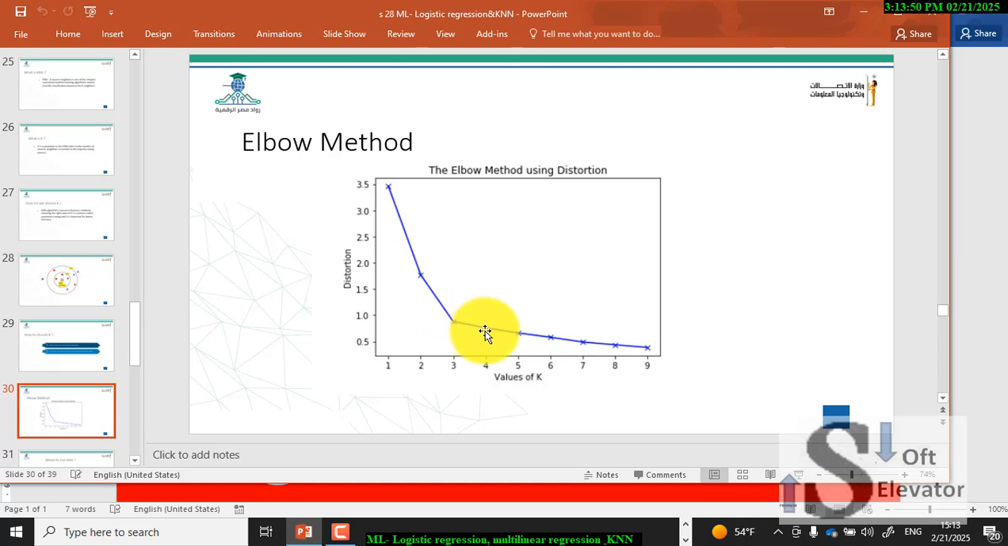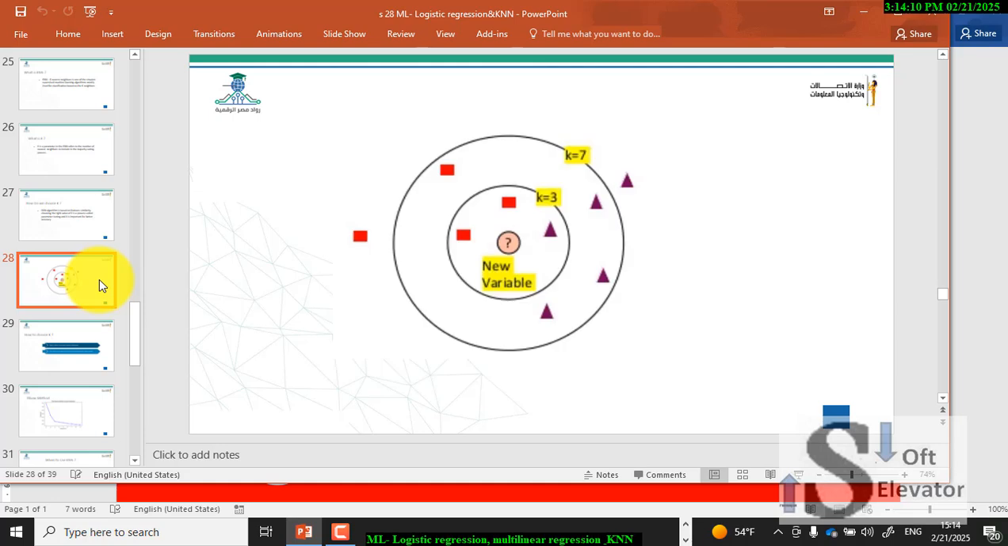It doesn't make a difference in this area because there is no big variation in this area, but there is variation in this one. So K equals 3 is very good. Why is K equals 3 very good? Because